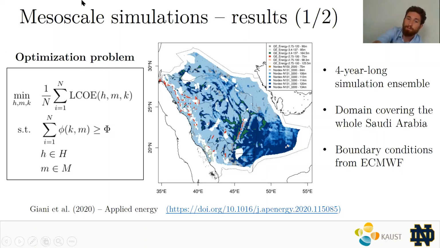So the one you see in the middle here is basically saying, for each grid cell, what is the best combination of turbine model and hub height that basically minimizes the LCOE. For example, if you see blue in this map, it means that this Nordex N131 3.3 megawatt is the best or the most cost-efficient turbine for all the grid cells in which you see blue. And actually, different shades of blue represent different heights.